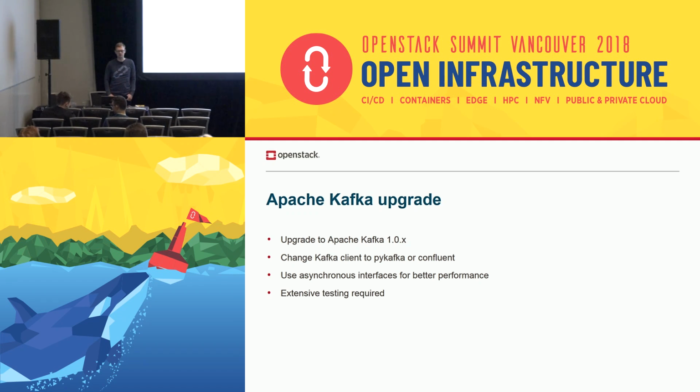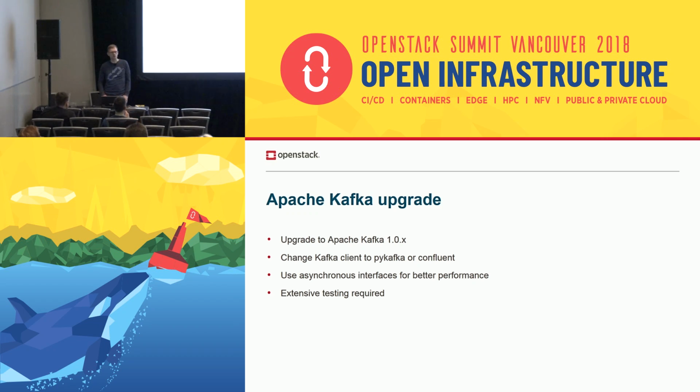We want to profit from newer asynchronous interfaces in the newer versions of clients, which will allow a great boost in performance. According to the benchmarks, we can achieve around 10 times better performance in terms of throughput.